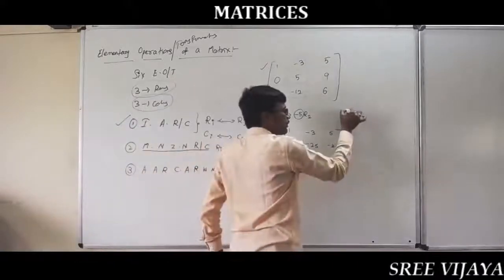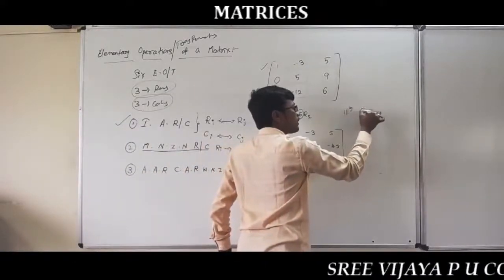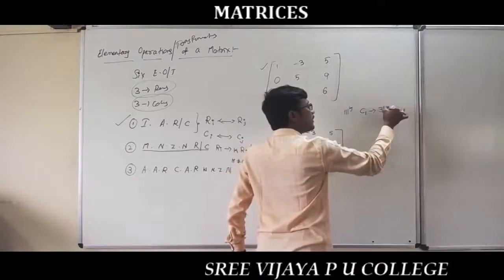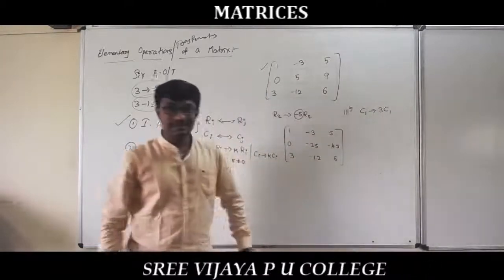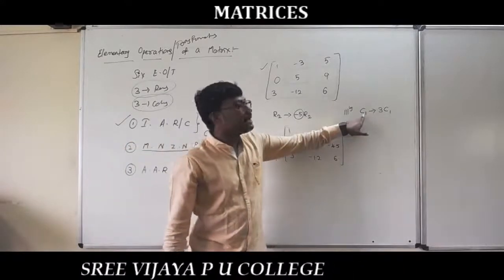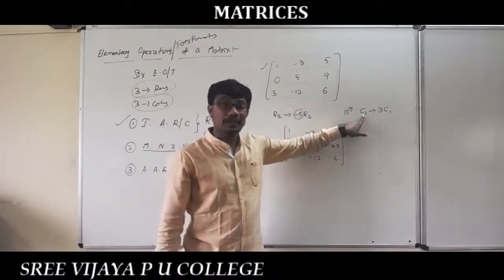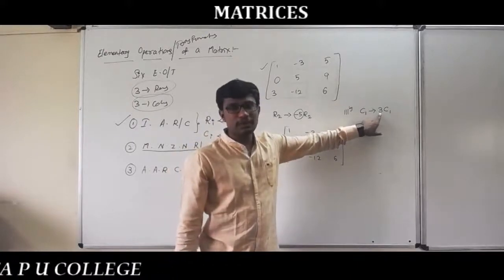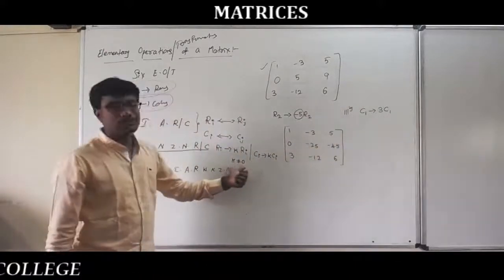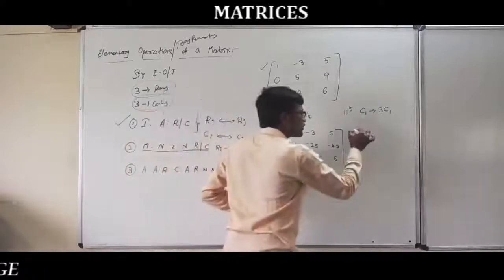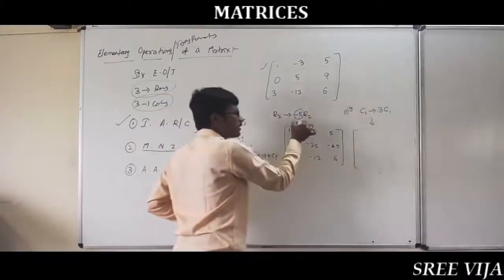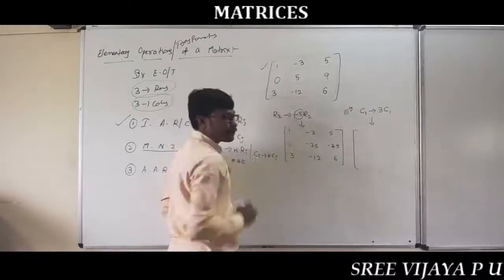Similarly, if you take a column also, column 1 can be taken as 3 times column 1. So, this means for all the elements of column 1, we can multiply with 3. Is 3 a non-zero number? Yes, because it cannot be equal to 0. So, now, what is the matrix you get for this elementary operation? This is the matrix for the given elementary operation.